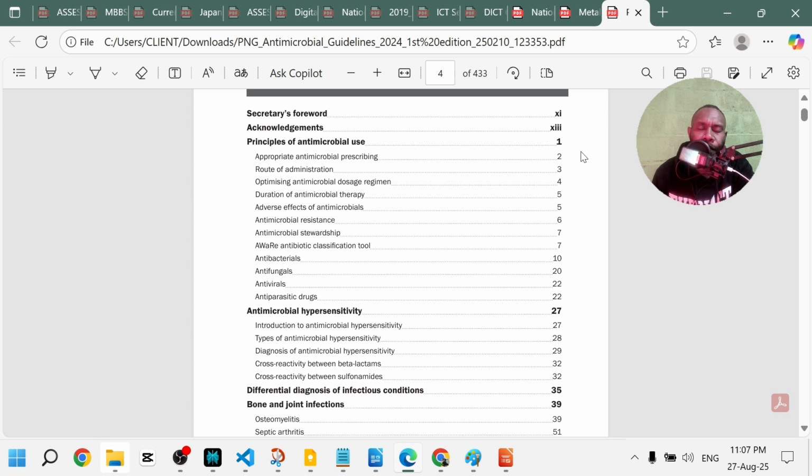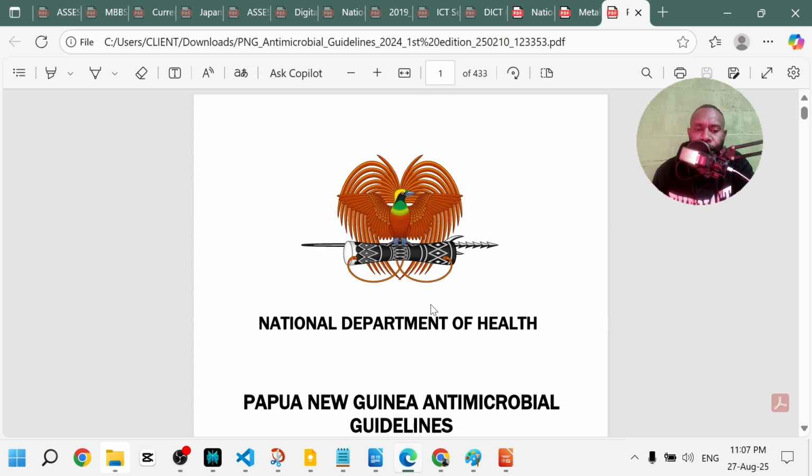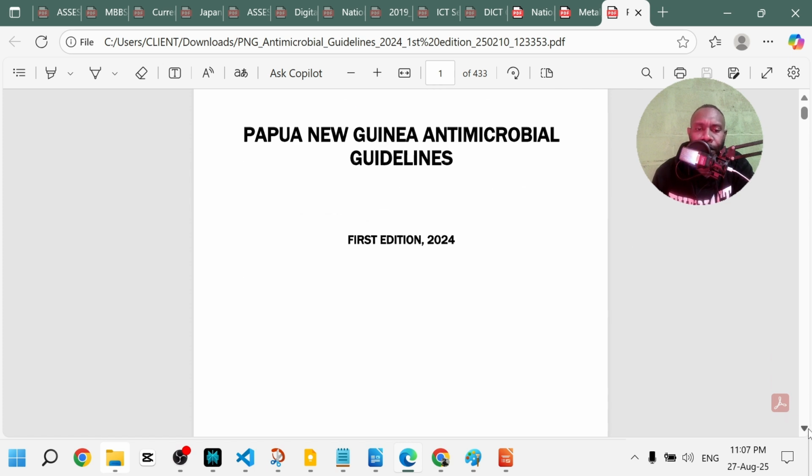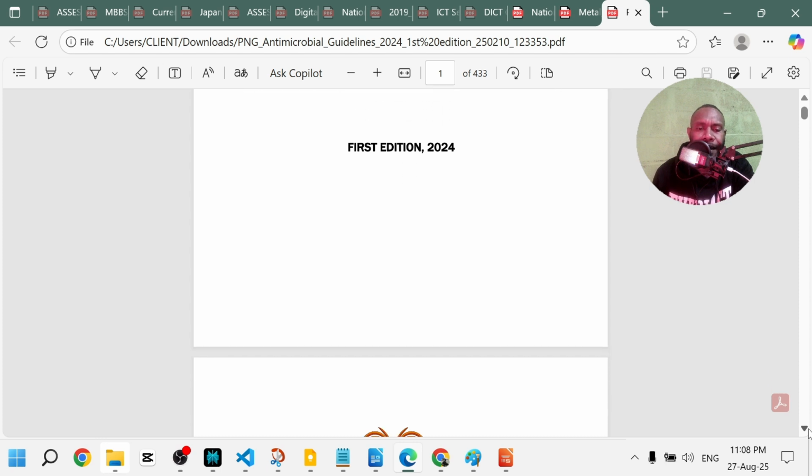So what happens is they're cultured, and whatever bugs grow on them, whatever organisms, then they do sensitivity testing on them to see which antibiotics these organisms are sensitive to, and the opposite of that is being resistant to the antibiotics. So all of that data is what led to Papua New Guinea having its first national antimicrobial guidelines. Prior to this, we had